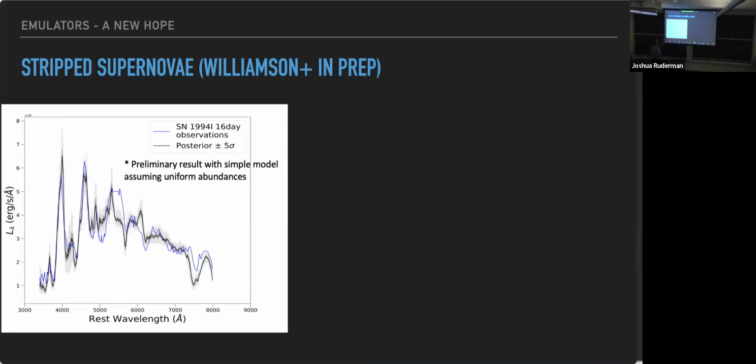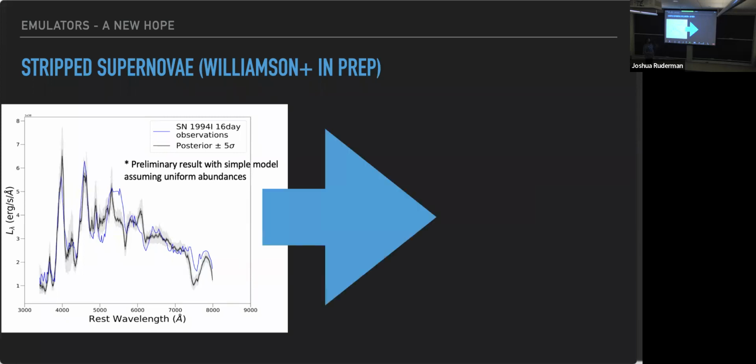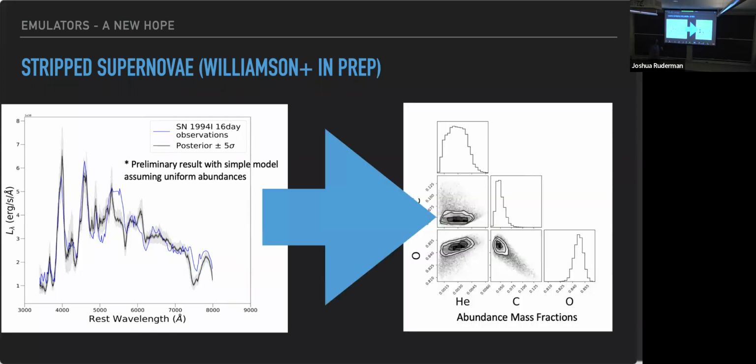This is our very own Mark's paper, specifically working on stripped core-collapse supernovae, doing similar things to what Jack is doing, and also developing the emulator. Again, here we have these wonderful correlations and uncertainties in parameter space. This is very preliminary work, and we're still working on it. I think it really shows that emulators, and I really like emulators, are a very nice way of bridging this.